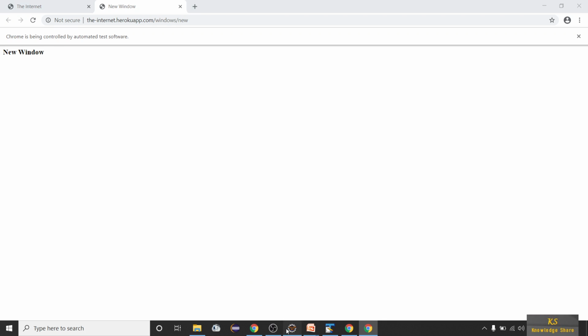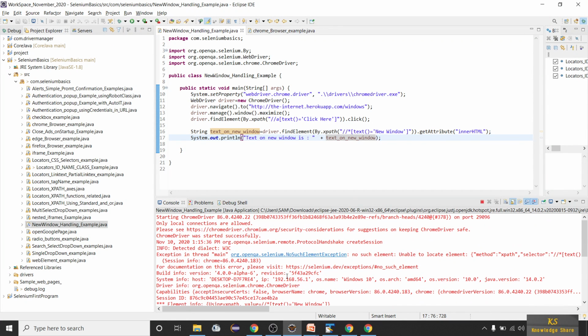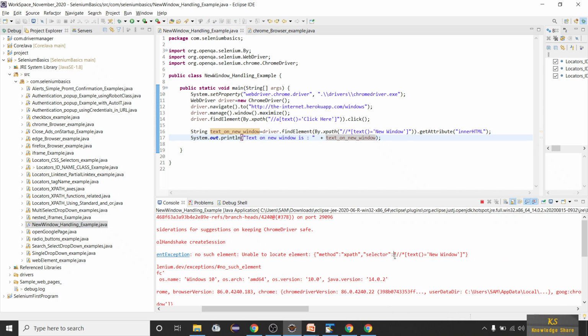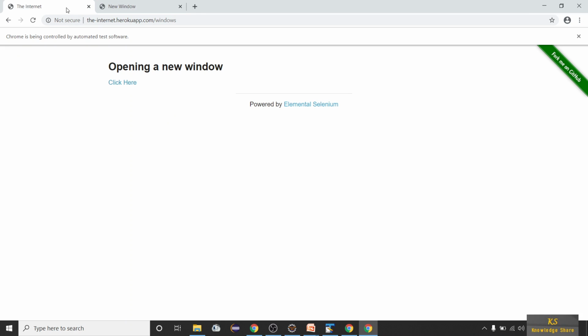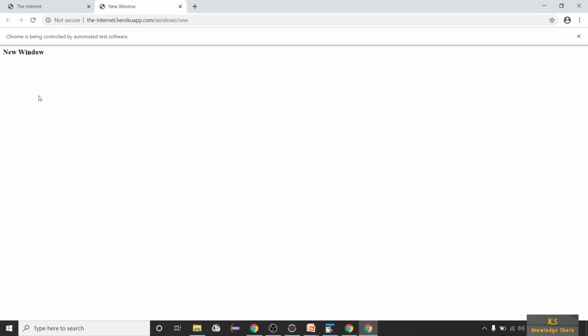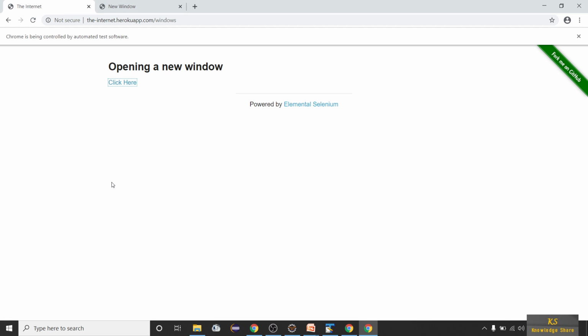Okay, let's see now. Now we got an error. What do we got? Unable to locate element new window. Why? Because the driver instance that you opened is only applicable to this window and not this window. You are in this window now, and you have to switch to this window